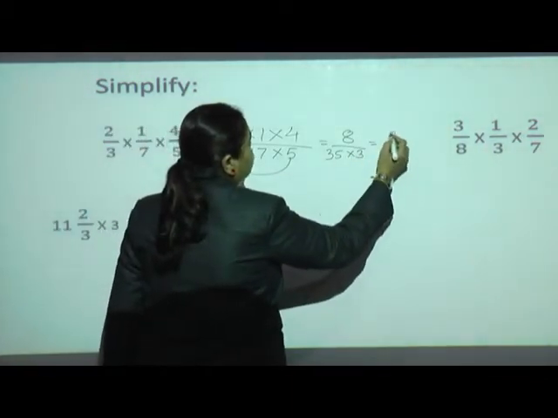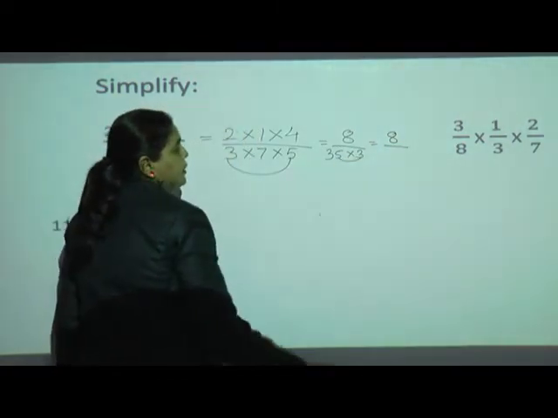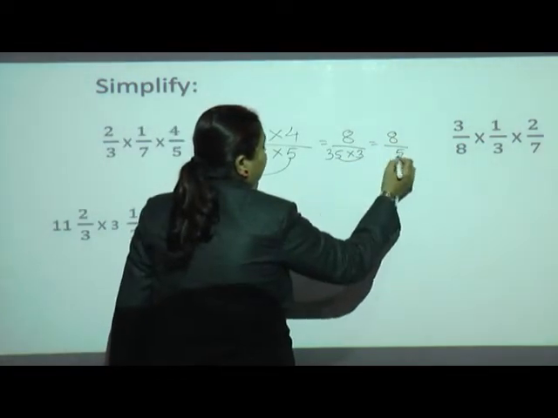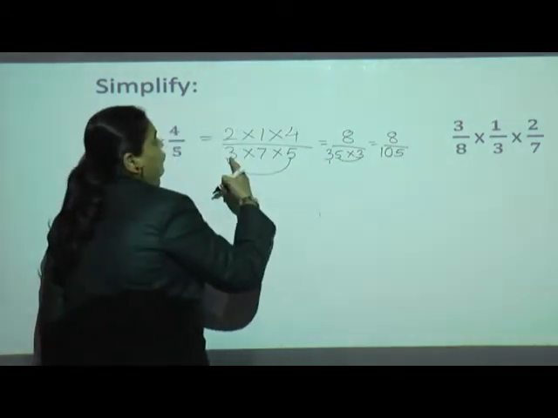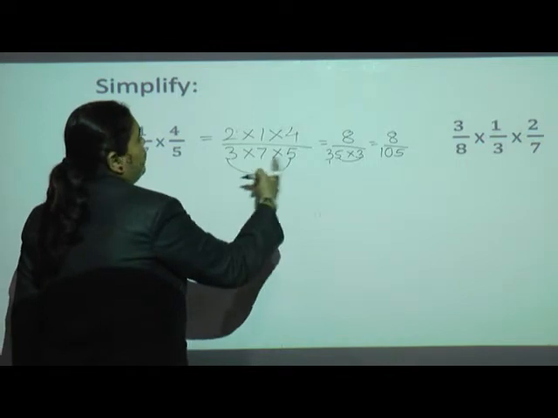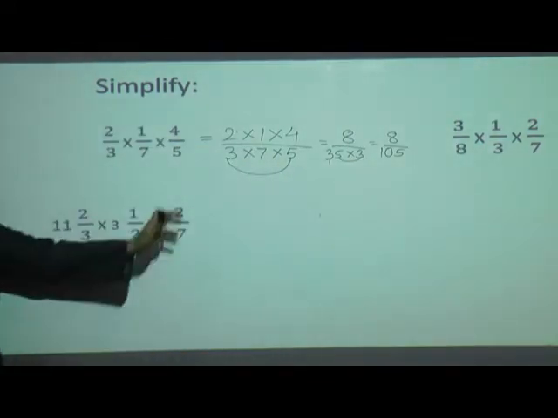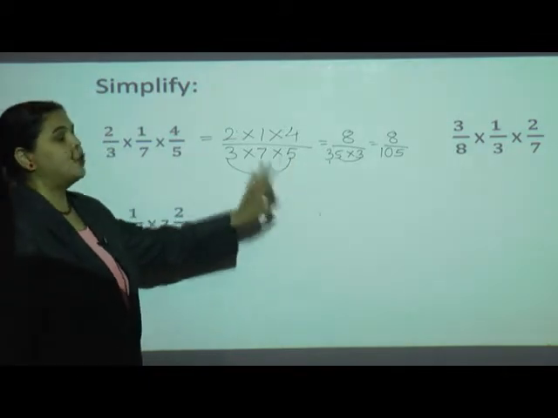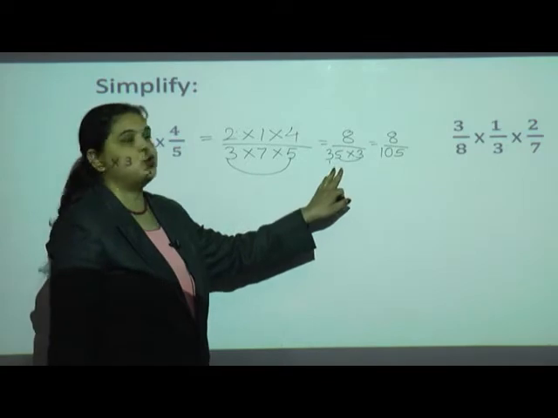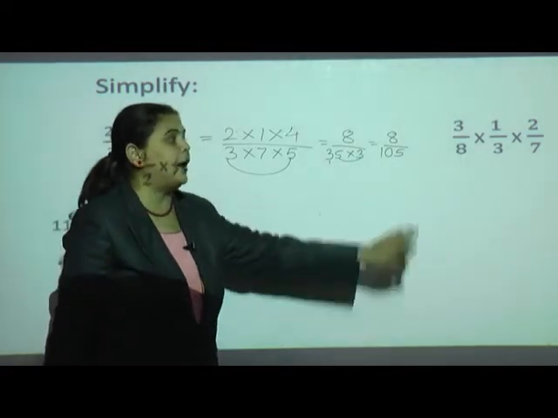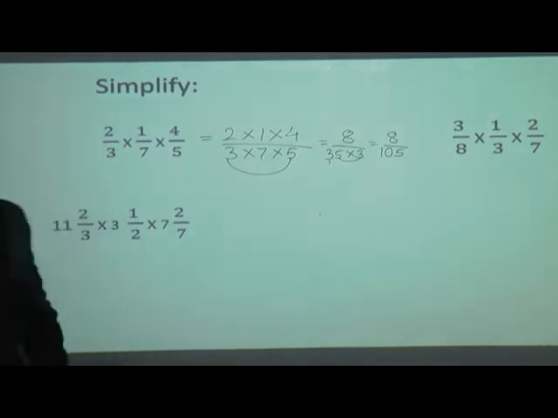I will go for one more step, 8 upon... I had told you a very easy method of multiplication. 5 3s are 15, 1 carry, 3 3s are 9 and 1 is 10. If you go for 5 3s are 15, 15 7s are also 105. Why have I given this multiplication? Because when you find such a large number and you don't know the table, you should know how to multiply and write. I hope you understood this, it was very simple.